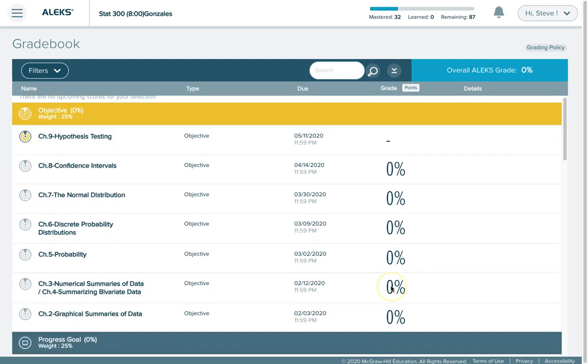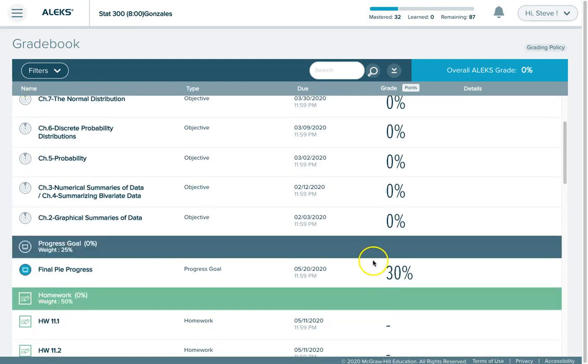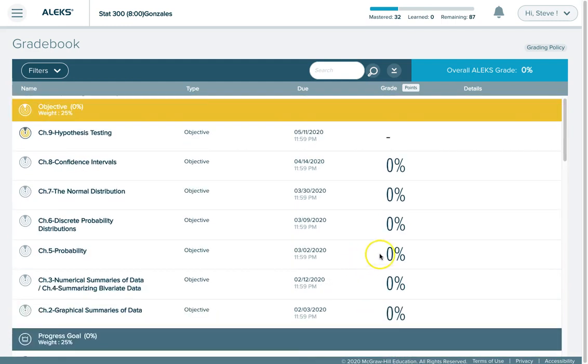Now this isn't a bump. This is just my own student representation. It's not a real student, so it looks kind of funny. It doesn't have any scores in it, but